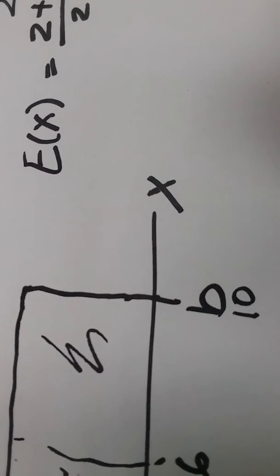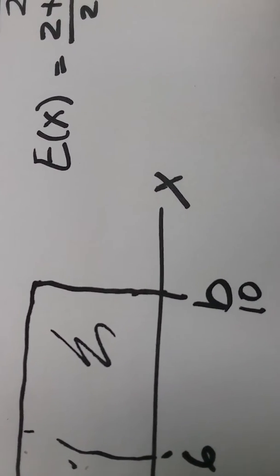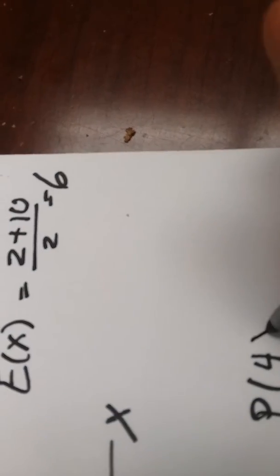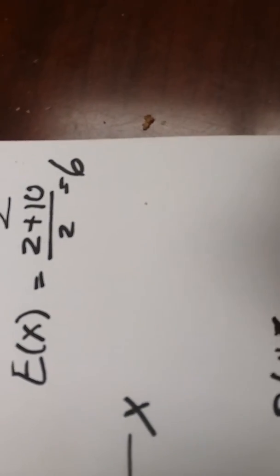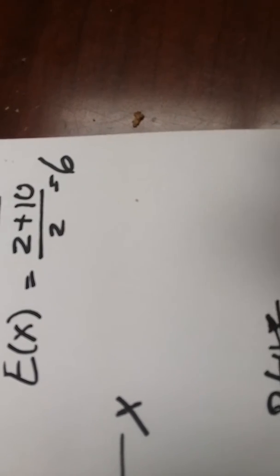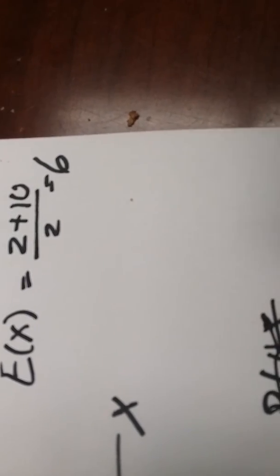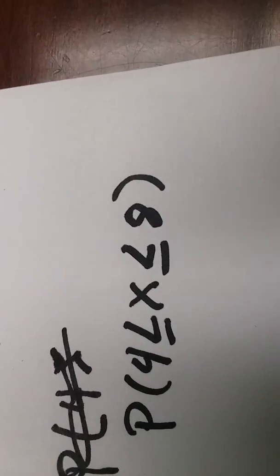So what we're looking for here is the probability of x greater than or equal to 4, less than or equal to 8. Okay. So to calculate this,